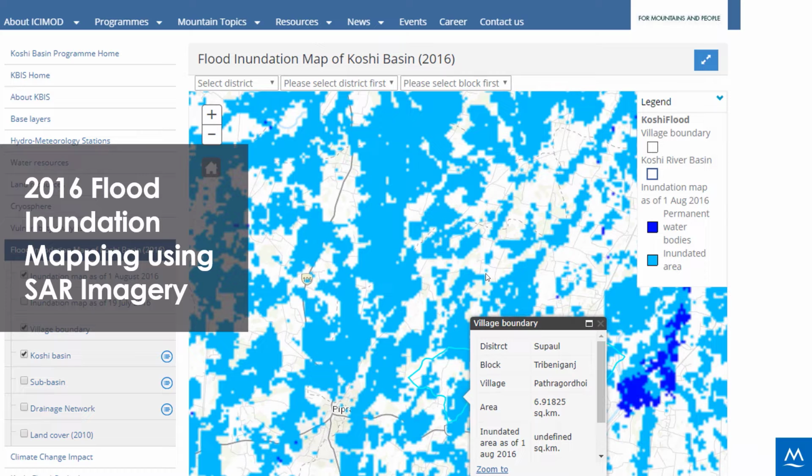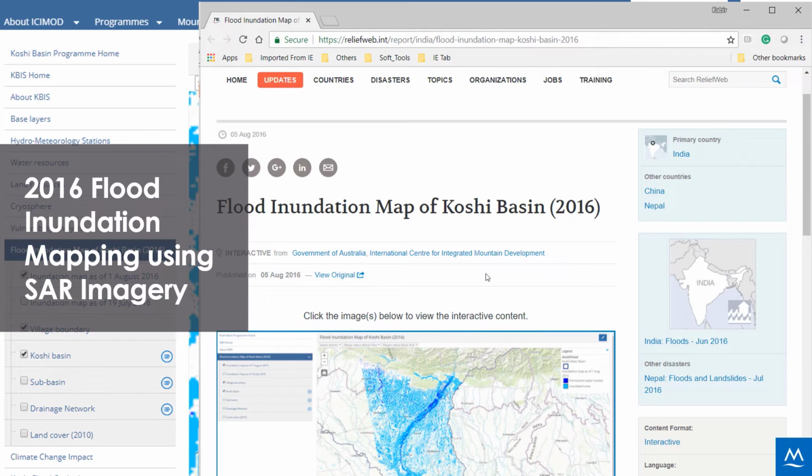Here I am showing 2016 flood inundation mapping using the SAR imagery. For this one we use the ALOS PALSAR for Bihar, and also we use the Sentinel tool. One of the things we always do when we produce the flood map is create a visualization system. So if anybody wants to see our data, they can visit our website